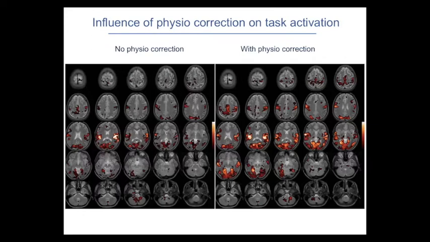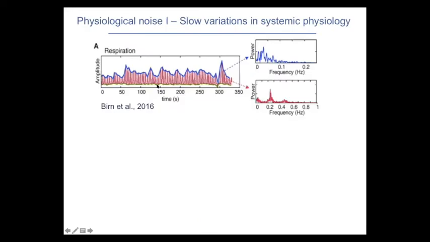So it will enhance your statistical scores. This is just an example from a sensory task. After you do this physio correction, you really see a great increase in all the signals. But if you monitor those physiological recordings, this is just from one subject, and the red curve shows the respiratory belt,